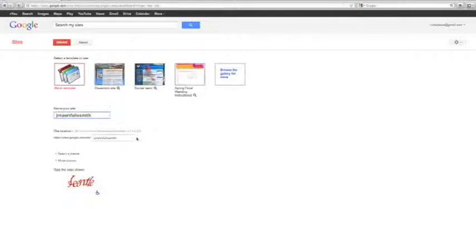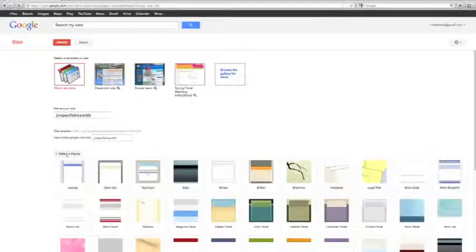At the end of the semester, this is the area that you're going to send me. You're going to send me this name. So it's going to start with https://sites.google.com/site/ whatever you call your portfolio. Right? I'm not going to create a new one for this, but just be aware this is the address you're going to send me in an email or attached to the link when you submit your final portfolio. All right, so once you find out that your site has availability, you want to select the theme, and